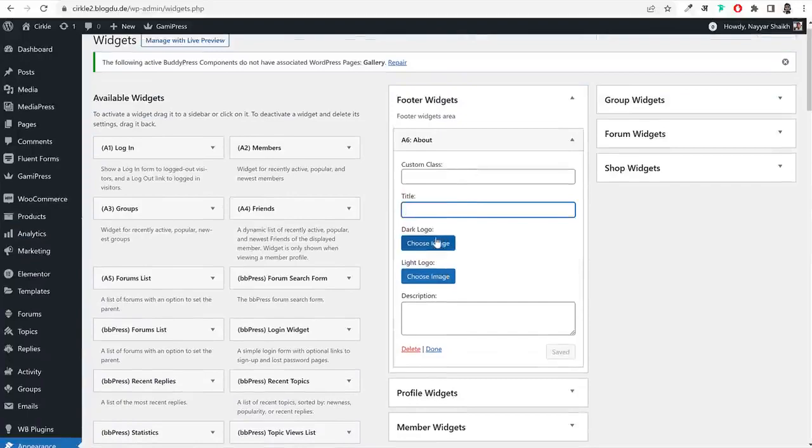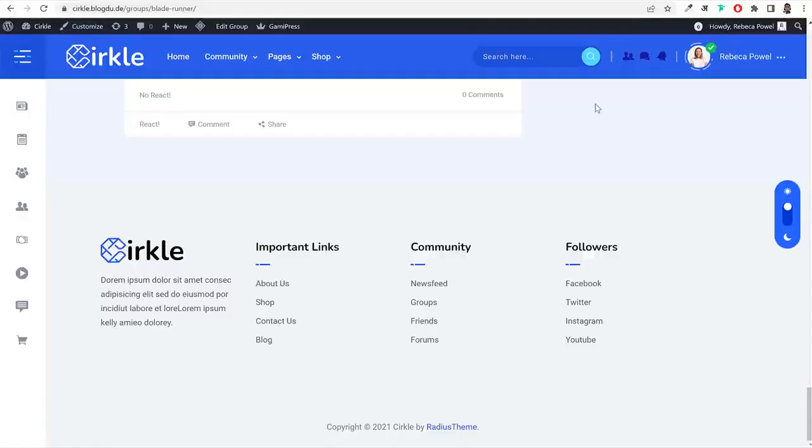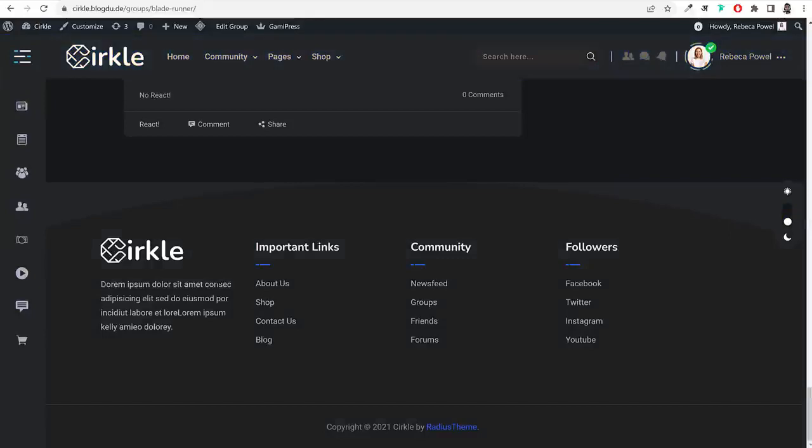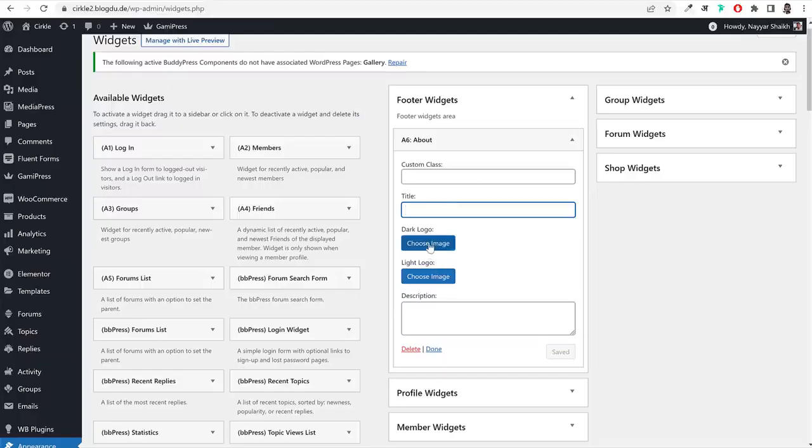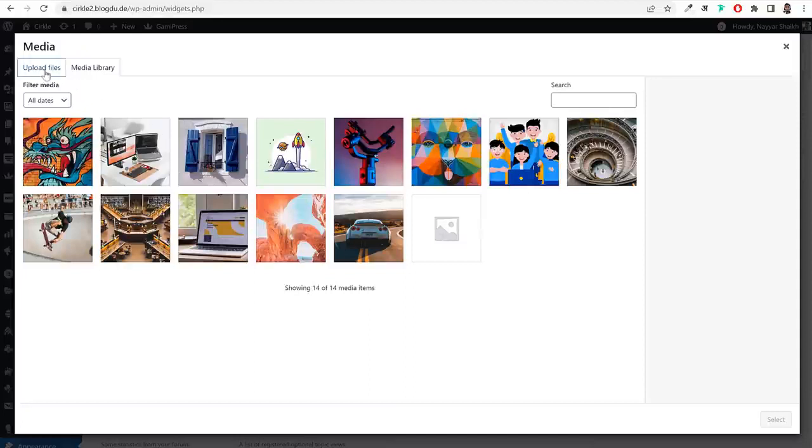And then after that, add your dark logo and your light logo. So this is the light logo. When the website is on default mode, light mode, this logo will show. But when somebody selects dark mode, the other logo is showing. So let's add both these logos. First we'll upload the dark logo. In fact, let me upload both the